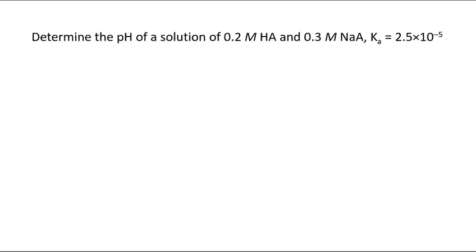Problems in Chapter 19 can be solved very similarly to the problems in Chapter 18. The only main difference here is instead of just beginning with a single concentration of your acid or your base, now you're going to be exploring the whole concept of a buffer. And so in a buffer, you have a combination of your acid or your base, and then the conjugate salt